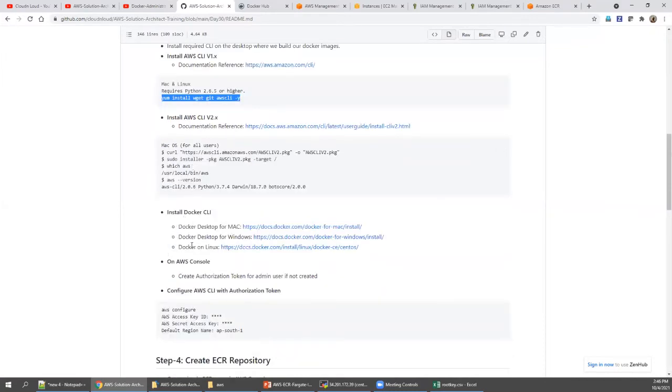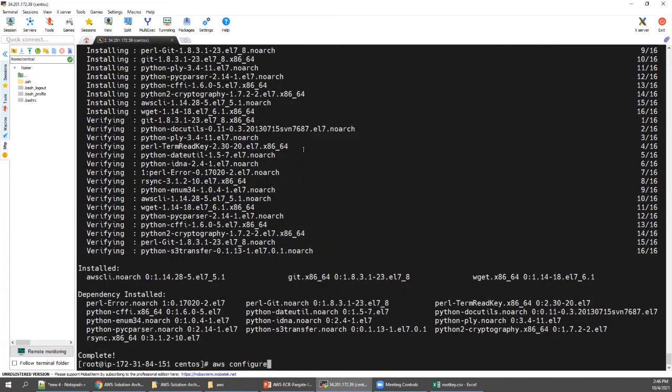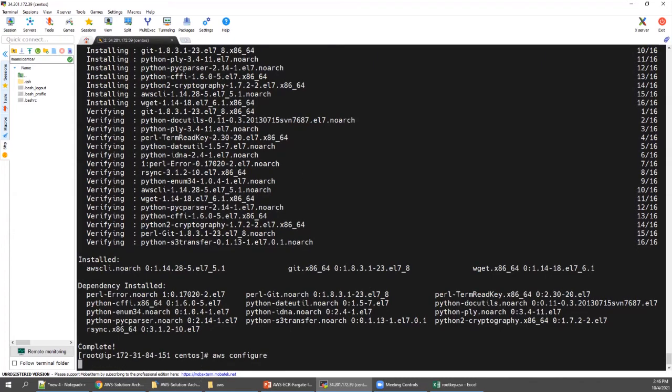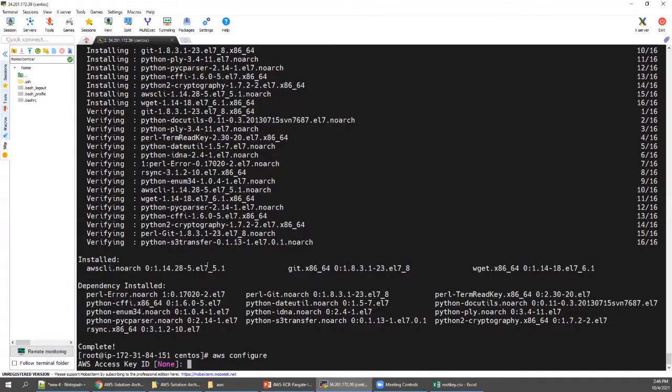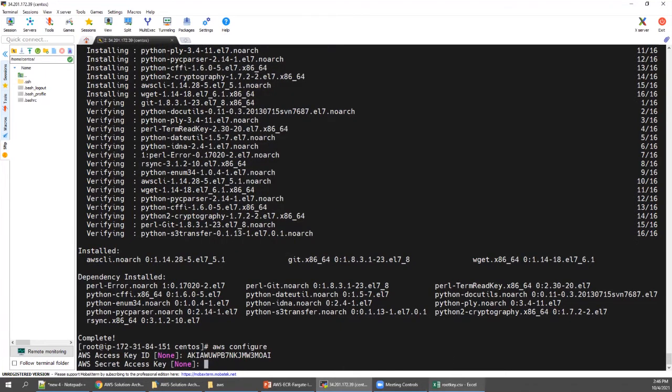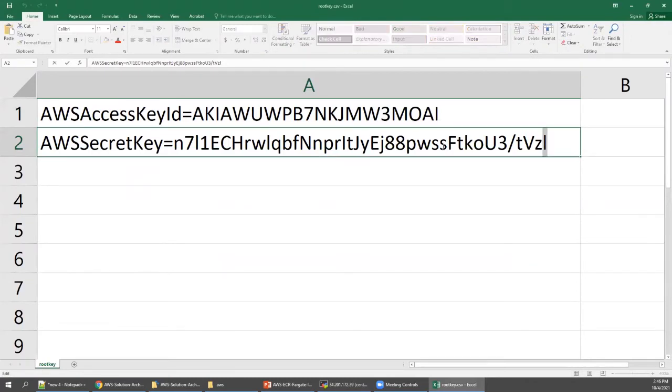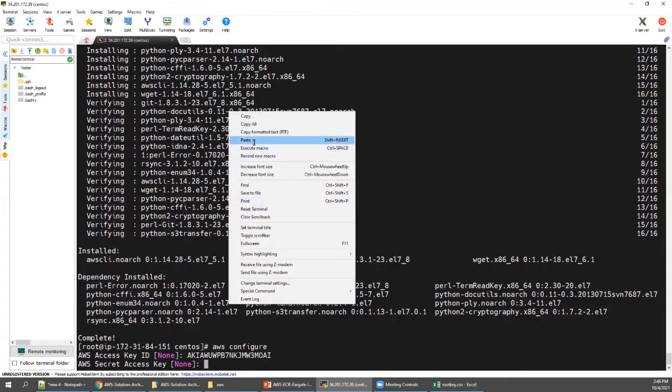Now we are going to run this aws configure command, right? It will ask for the access key ID and secret access key, which we just created. So we will give this, press enter, then copy the secret access key and enter it.